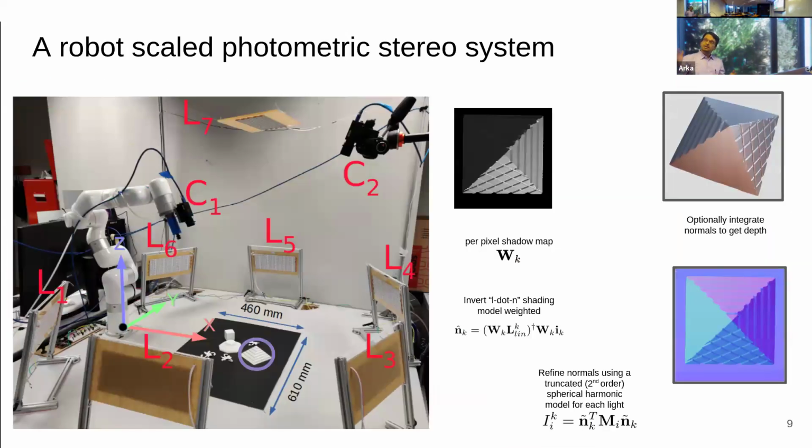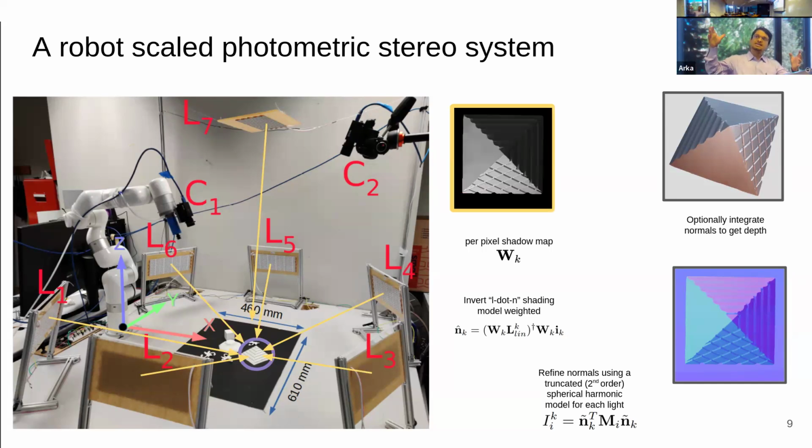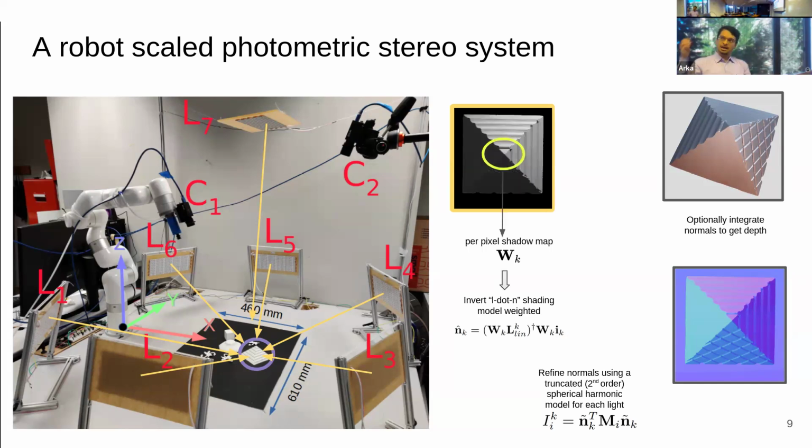We wanted to see how this observation can be used for robot manipulation. And to do that, we designed and developed a robot workspace scaled photometric stereo system. At the core, we have 6 lights on the table and 1 light on the top of the workspace, and every single perception instance is a set of 7 images, captured 1 light at a time. This gives us a per pixel shadow map and 6 multi-illumination images, and we pre-calculate a simple Lambertian shading model, or the L-dot shading model, and we use that along with the shadows to get an initial estimate of what